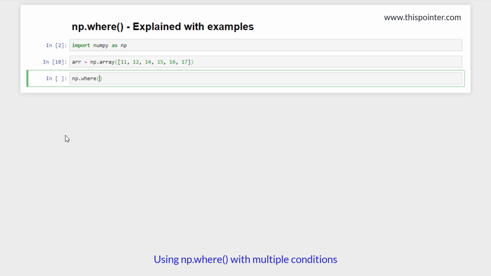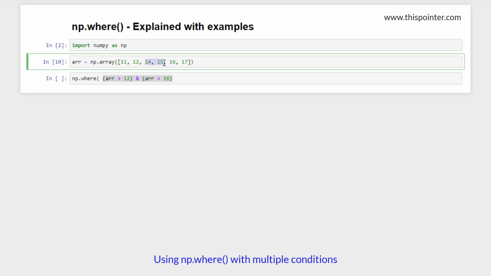As a conditional argument, we will say select elements which are greater than 12 and elements which are less than 16. So this expression will evaluate to true for the elements that are 13, 14 and 15. So basically for these two values.